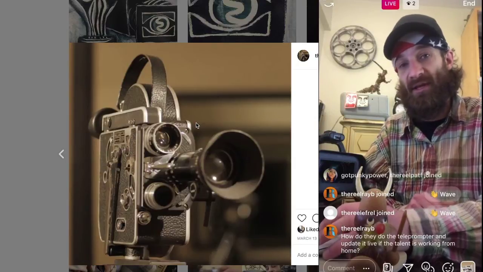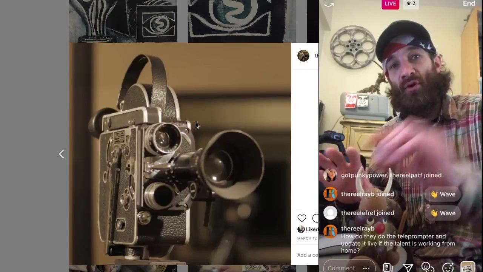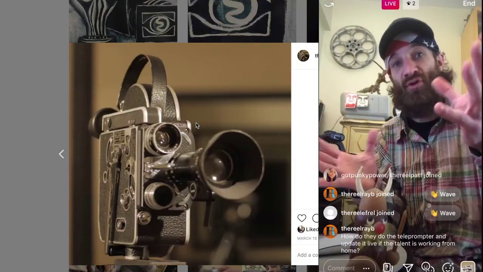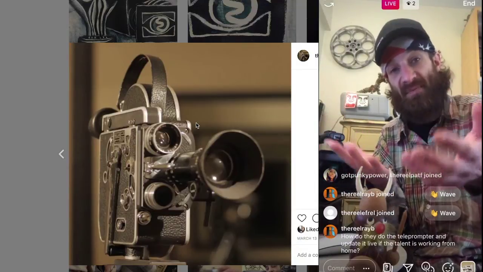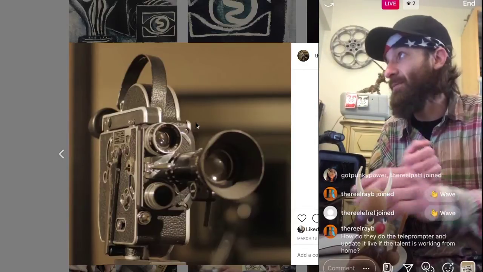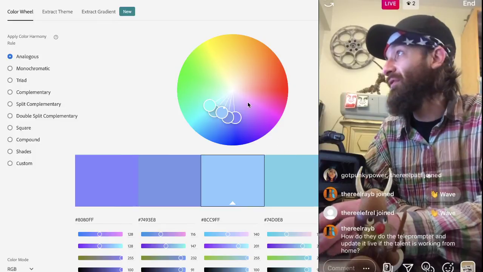A bug is a little icon or logo that you always have in the corner. Up here on IG is the live bug, right? It says that you're live every time. You know it's going to be live, and you know what to expect because it has the same colors as your color scheme that you have come up with. So let's go into color scheme a little bit, right? I love this, the Adobe